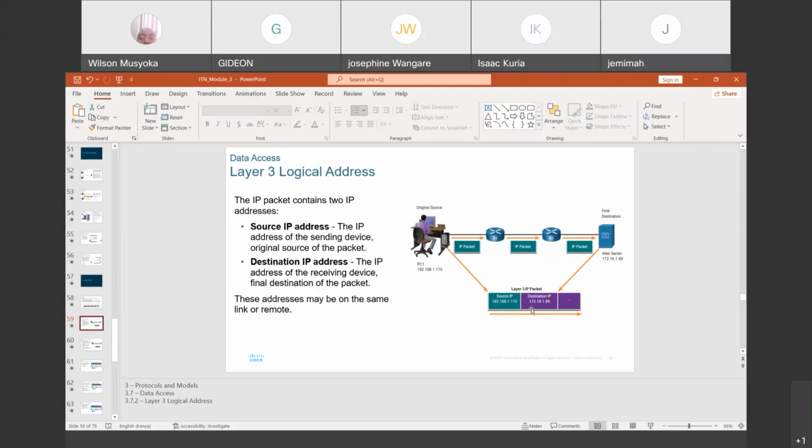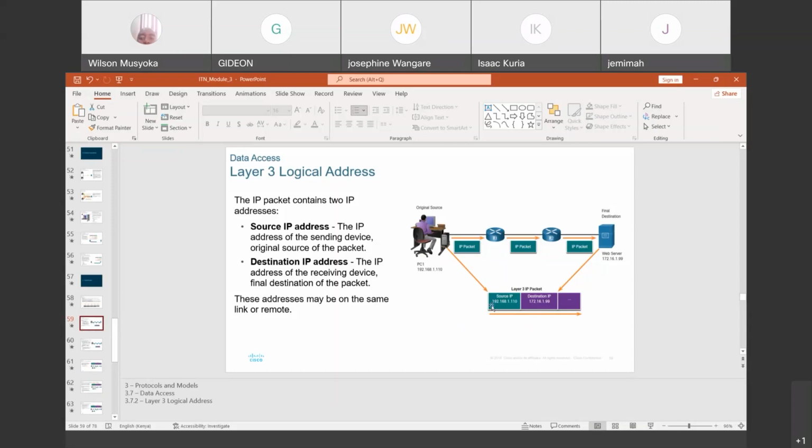This is going to be a class B IP address. So that can tell you that they are not on the same link or the same local area network. That is something just to note if you looked at that lecture, but we will come to that at a later time.